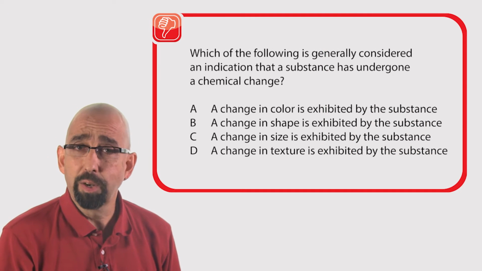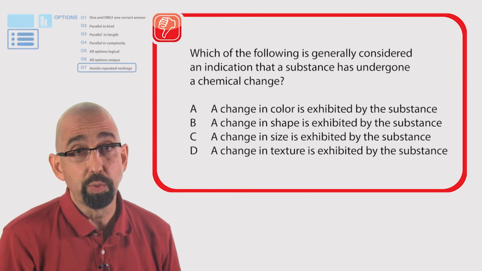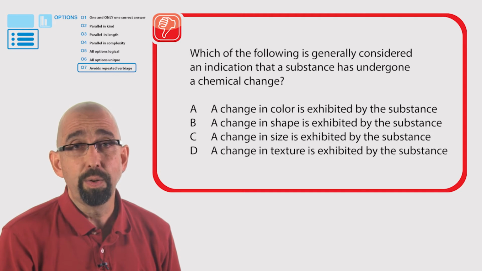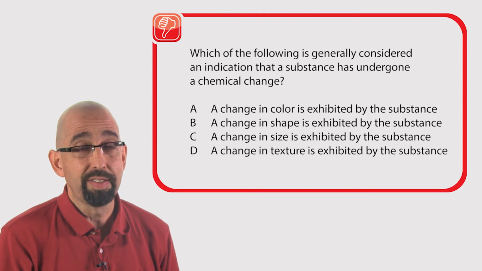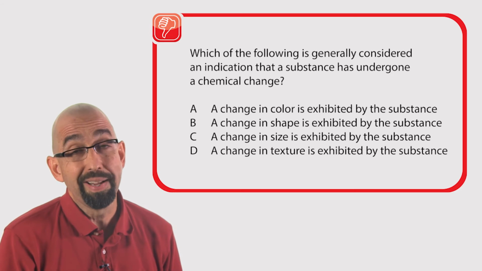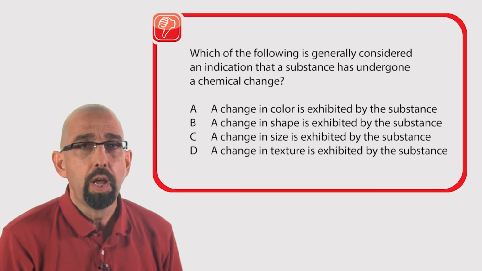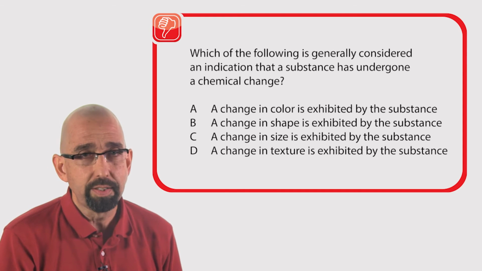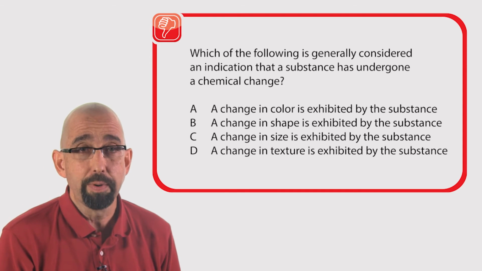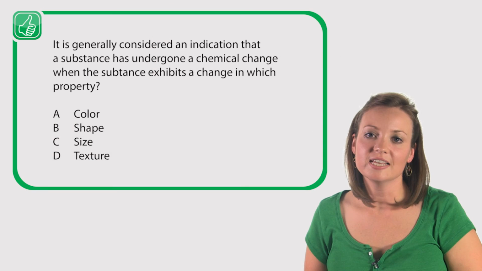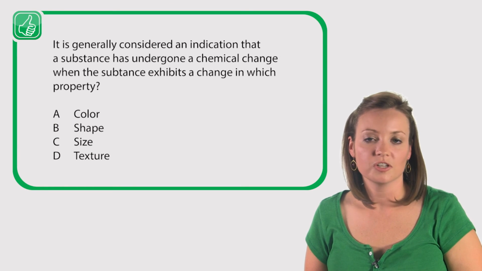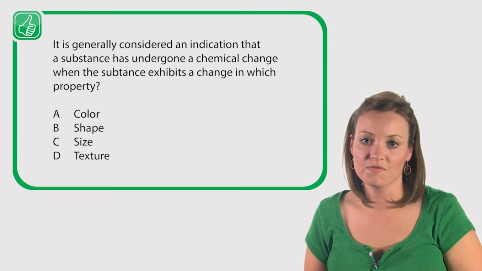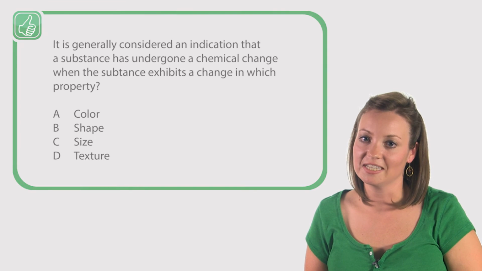This example fails at criterion O7, avoids repeated verbiage. Notice how every one of the options here has the same repeated verbiage. There's no need to make the test taker read through the words, a change in is exhibited by the substance, 4 times when the only distinction between those 4 options is the property being examined. This example is improved in that the verbiage, which was previously repeated in all 4 answer choices, has been moved to the stem. That's all for the options portion of the test item